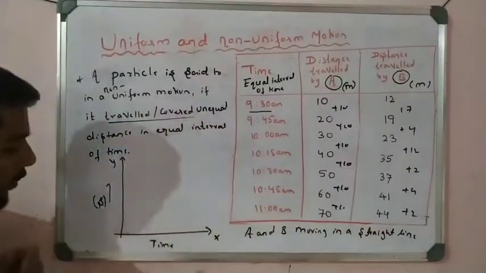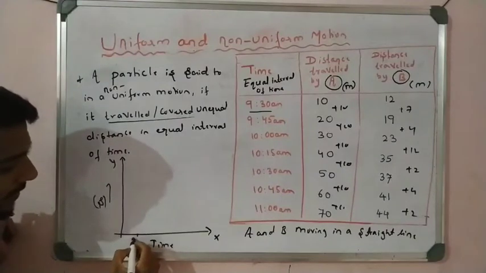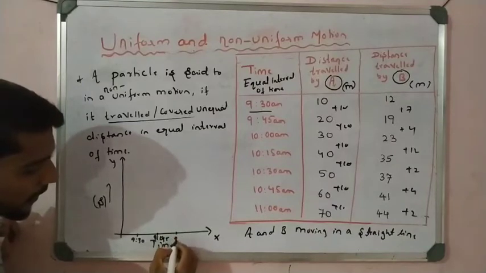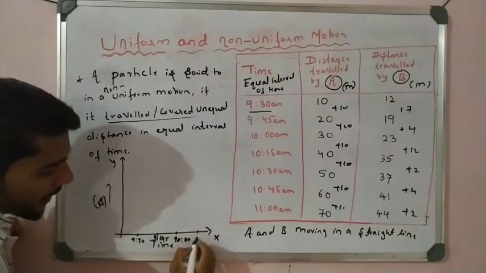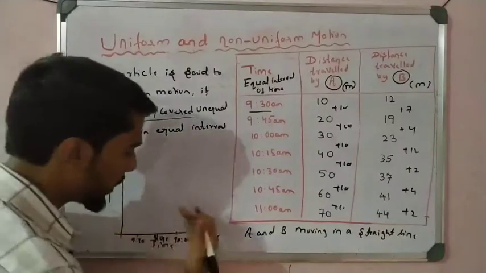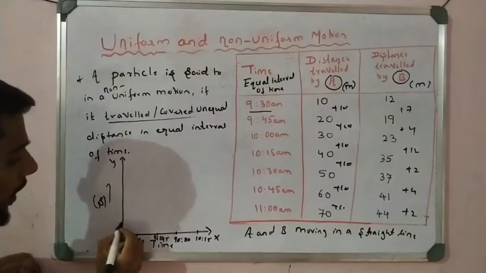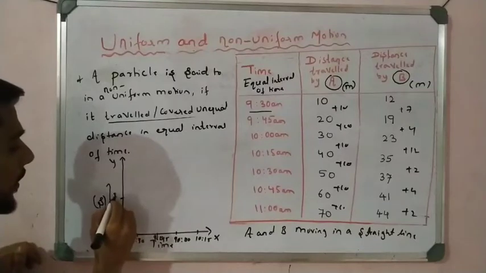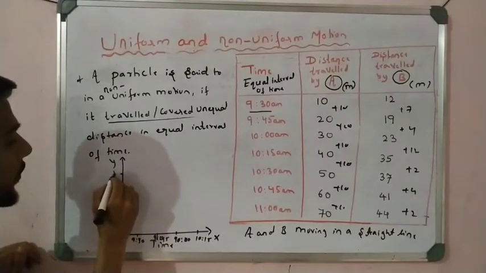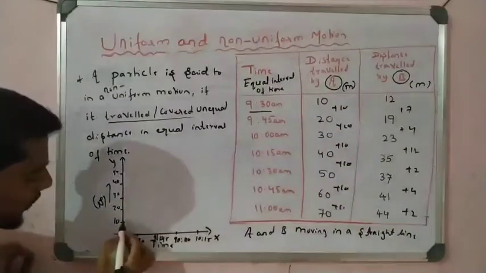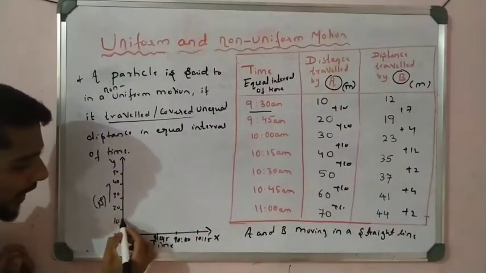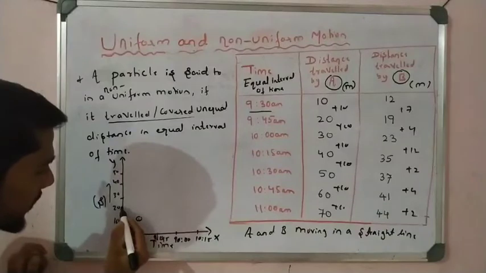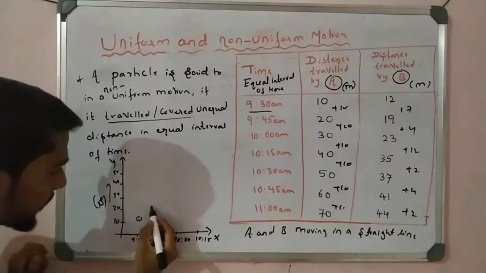Now I can take time here again the same, 9:30, 9:45, again 10, here 10:50. If you use the graph, you get a correct answer. Now I can take here 10, 20, 30, 40, 50, like that. Now first 12, where is 12? 12 is between 10 and 20, so I can take it roughly here. Now how much? 19. So 19 may be about here. I can take 19 here.